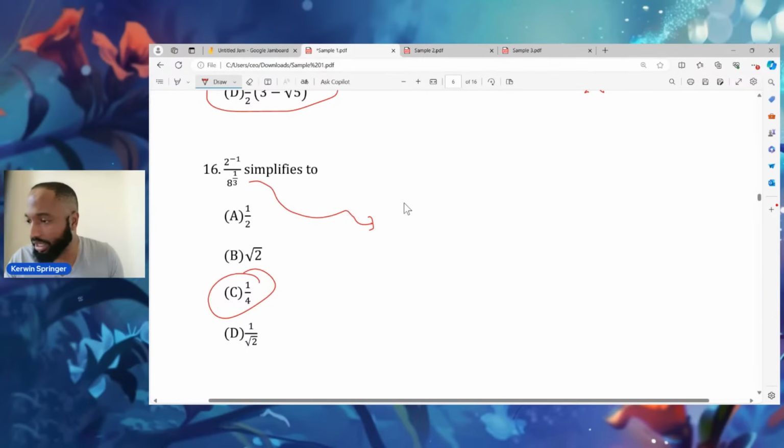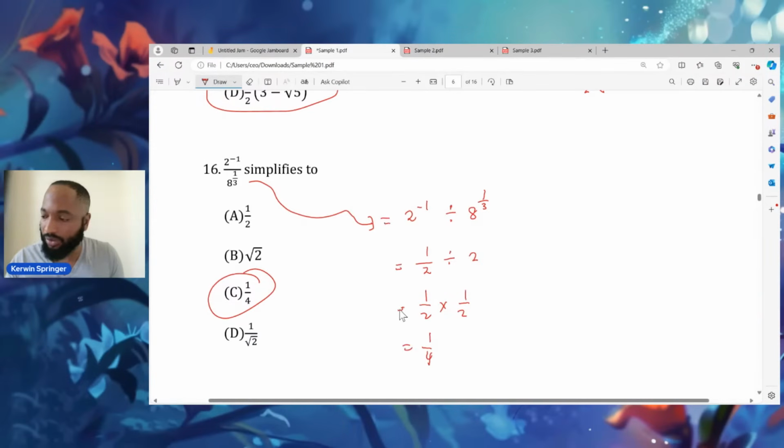So 2 to the power of negative 1 is really, let's separate it, divided by 8 to the power of 1/3. That means the cube root of 8, which is really 2. We know that's 2. So this is 2 to the power of negative 1, that means 1 over 2, divided by the cube root of 8, which is really 2. So this is a half multiplied by, flip it around, which is a quarter. So it's not bad. If you are a boss in maths, you could figure it out without having a Casio or anything. But having the Casio really does help and gives you a nice added comfort that you know 2 ways